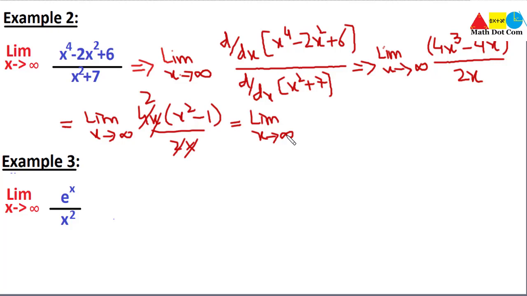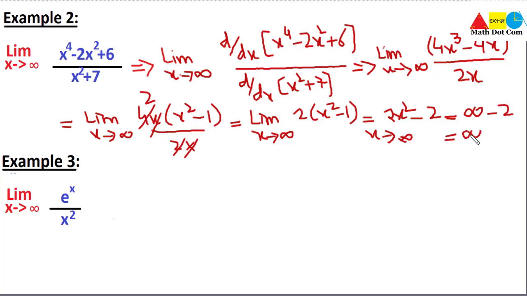Keep this in mind, you have to put the value of the limit when you have a simplified function, and it cannot be simplified further. 2x square minus 1, just put the limit into it, what we will get is 2x square minus 2, where x approaches to infinity. I have not put it in this, first I am just simplifying it. So now we'll put 2 into infinity is infinity, and infinity minus something is infinity, so we have got the answer as infinity, and this is not an indeterminate form. So this is how you can solve the function as given in the example.